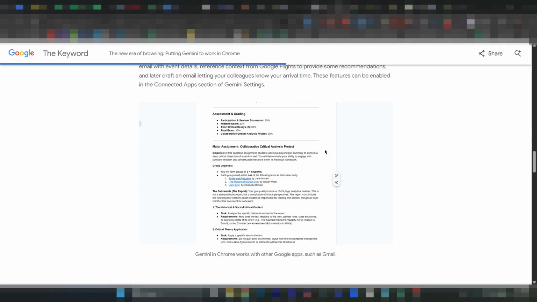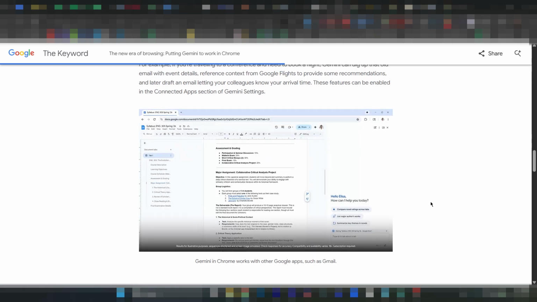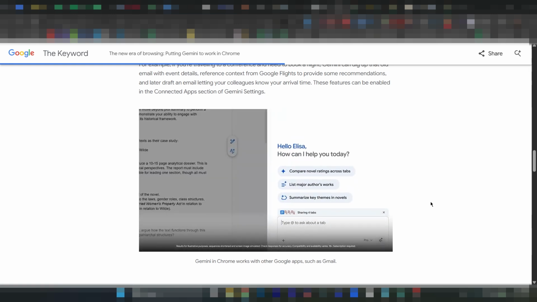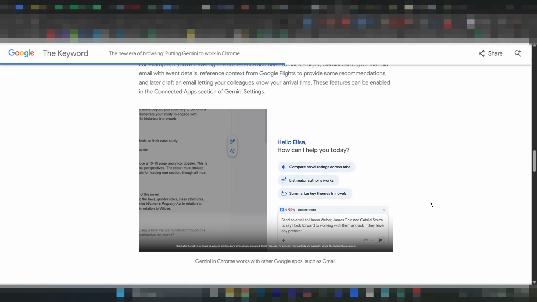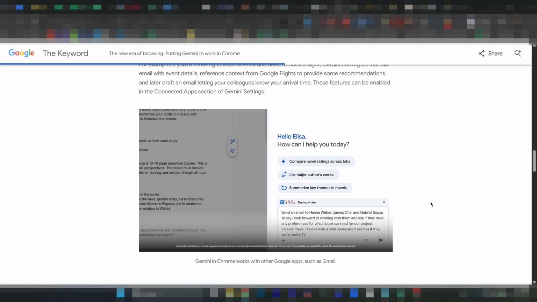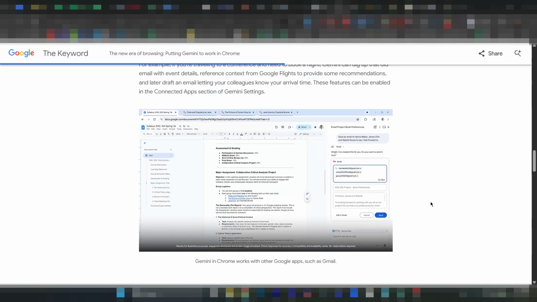It also works well for outreach. Open someone's LinkedIn profile or their business website, highlight their About section or their services page, and ask Gemini what problems this person seems to be dealing with based on what they've written. Because Gemini is reading the actual page in front of you, the output feels personalized instead of like a copy-paste template,